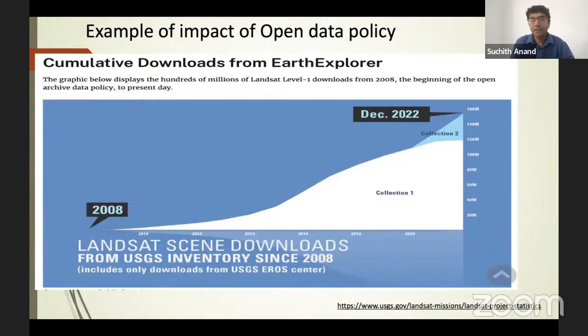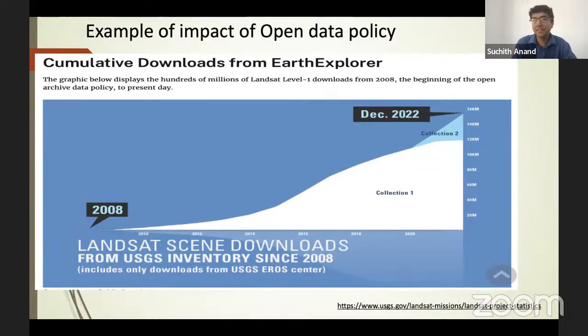In fact, if you look at the timeline, I don't know how many of you are using Earth observation data, but prior to 2008, you had to purchase Earth observation data, which was very expensive, so not many universities, especially in the global South, had access to many of these data sets. And you can see Landsat is one of the very widely used, freely available Earth observation data sets now, and from 2008, when USGS made Landsat available, you can see